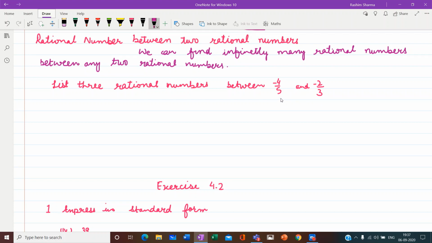We can take their LCM, that is 15, but when we take LCM 15 we will not be able to find three numbers because in between we will not have that many numbers. So we can shift to the next multiple of LCM. So here we will take the denominator to 30. Alright. Now if we have to change it to denominator 30, so I am writing here to make denominator 30.